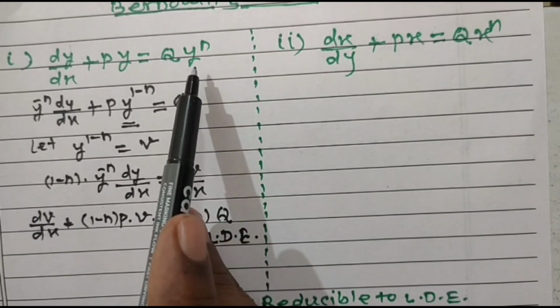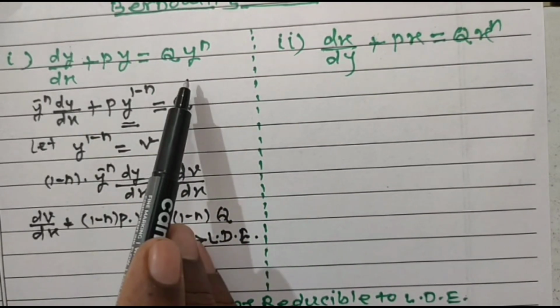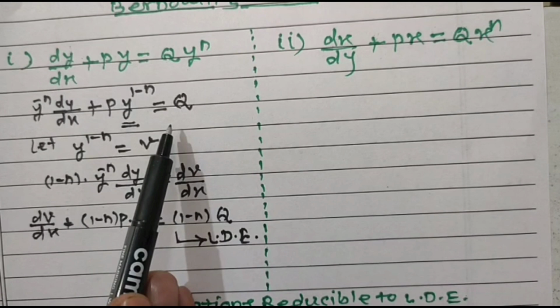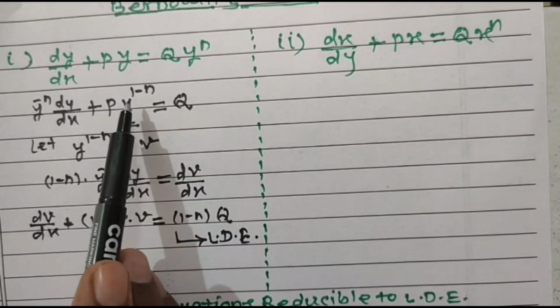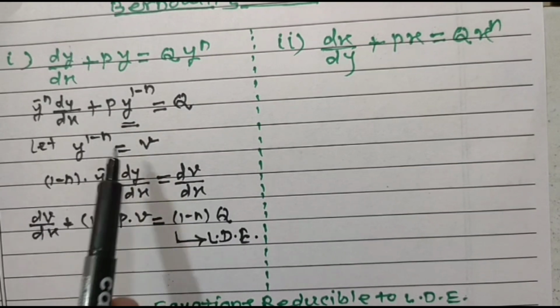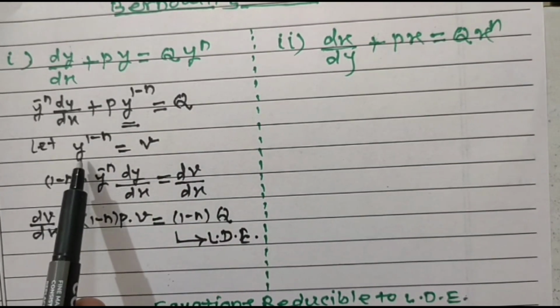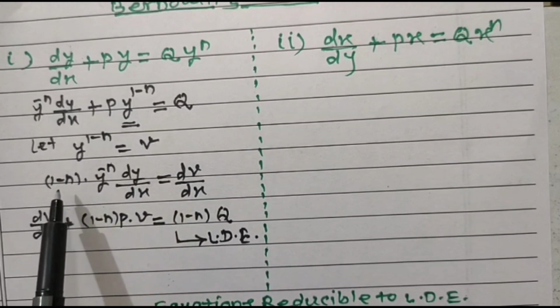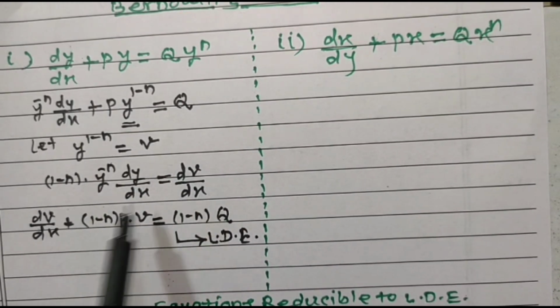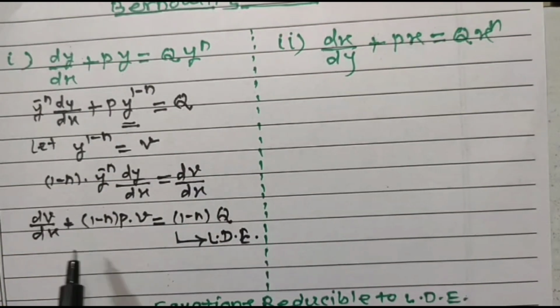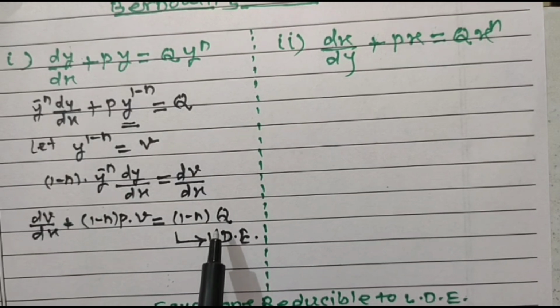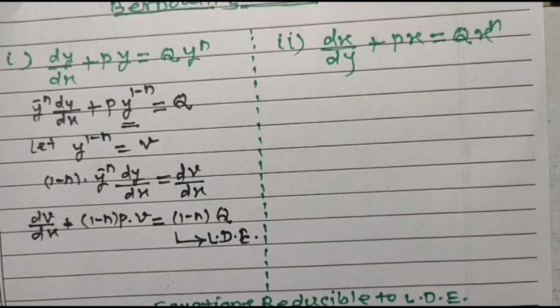Right hand side में y to the power n आया है, so divide both sides by y to the power n, that gives this one. Okay, and then use substitution for this y to the power 1 minus n, which is the coefficient of p. We are assuming this is equal to a new variable v. डिफरेंशिएट करेंगे तो ये आएगा और फिर इसको और इसको सब्स्टिट्यूट करेंगे इस डिफरेंशियल इक्वेशन में तो आपको ये डिफरेंशियल इक्वेशन मिल जाएगा. And this is a linear differential equation. And then a linear differential equation you can solve by using the standard method.